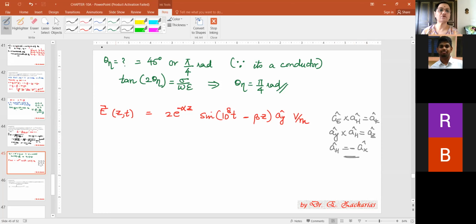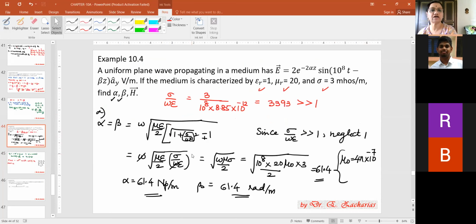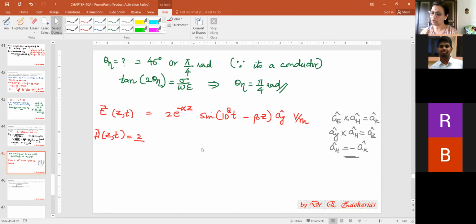Right? Yeah. So now let's go ahead and complete the problem. So H as a function of Z comma T is going to be equal to 2 is E naught. What's the relation between E naught and H naught? E naught by modulus of eta. Let's go to the previous thing and see what is modulus of eta. Do I have modulus of eta? I don't have modulus of eta. So now what do I do? So that means I still have to wait. Okay, what is modulus of eta? Let's do that also.